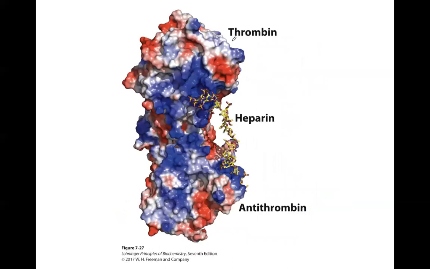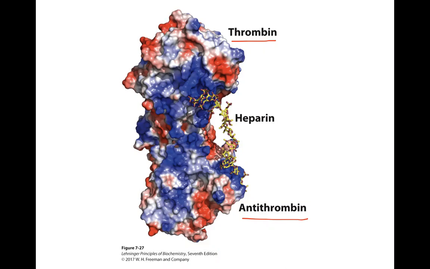So there is a protease known as thrombin. Thrombin is an important protease in blood clot formation, and there's a natural inhibitor for this known as antithrombin. But the interaction between thrombin and antithrombin is very poor. So the affinity is very poor. But heparin comes in, and you can see here, now whenever you see a molecular model representation, for example,